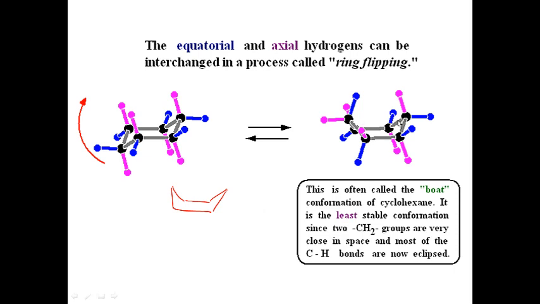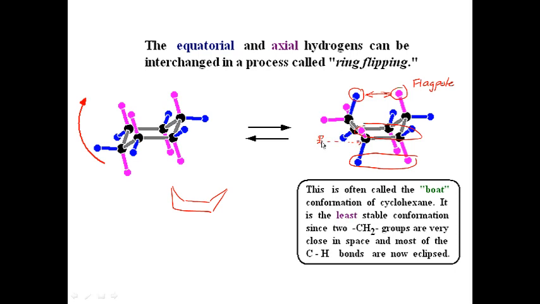But it turns out that the boat conformation of cyclohexane is the least stable of all the possible conformations. And there's 2 reasons for that. The first reason is because these 2 hydrogens, which I sometimes call the flagpole hydrogens, are going to be really close in space, and so they're going to interact with each other. The other reason is that when you look at these sets of hydrogens, you can actually see that they are perfectly eclipsed to one another. Whereas over here, and we'll see a little better view of this in a minute, this hydrogen is actually staggered to those 2. So looking down this carbon-carbon bond, you have a staggered conformation,